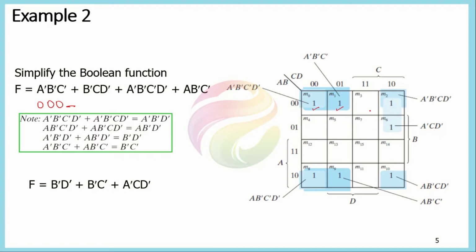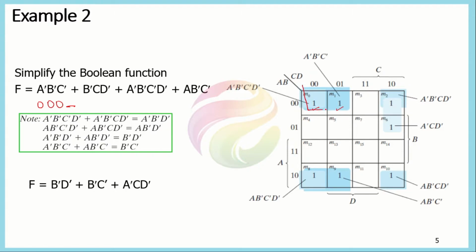So in this way we have placed all the ones, and once we have placed all the ones, we need to solve this whole K-map or minimize it. Because, as we know, all the edges are also considered adjacent, first we need to see if there is any combination of 8 adjacent ones, which is not possible in this case because we don't even have 8 ones here. So what we do is we then try to find the combinations of 4.